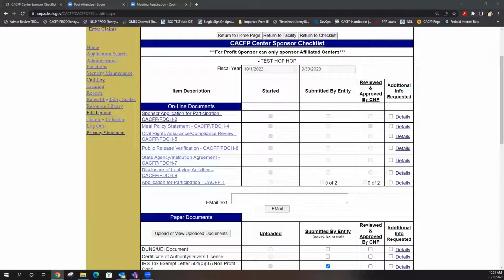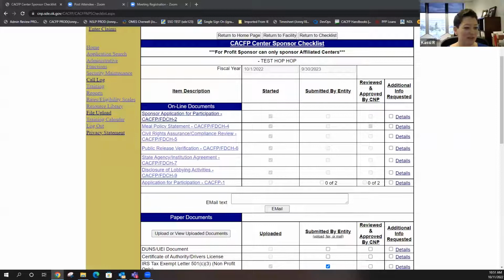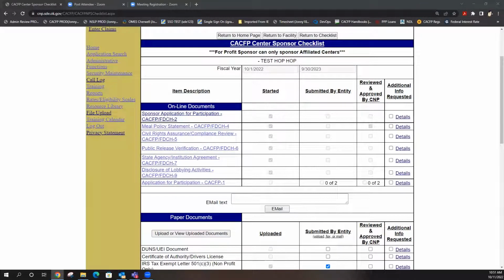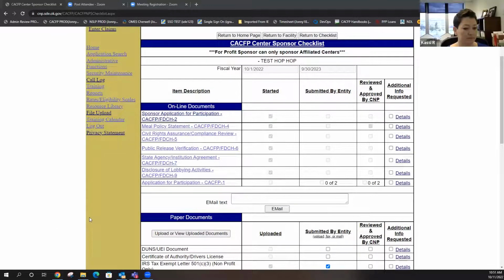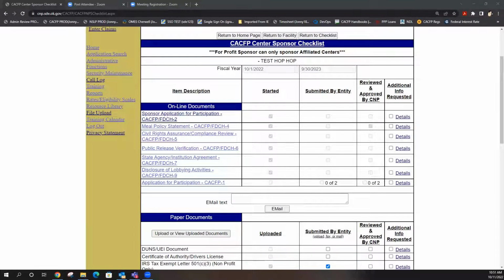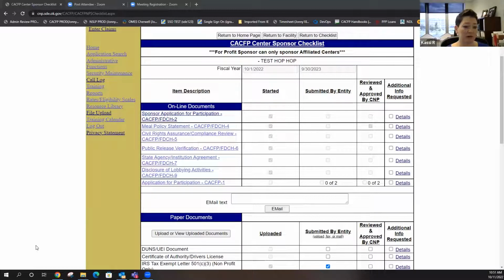I did have a question. I was trying to type it, but I was typing slower than you were ready to log off. That's okay, I'm still here. From your beginning, you said there are different trainings, like different topics within the CACFP. I'm just confirming that this is the one that the Executive Director, who's sitting here with me, Johnny Bryant, and I need to attend. This is the one for just your application, the required training.